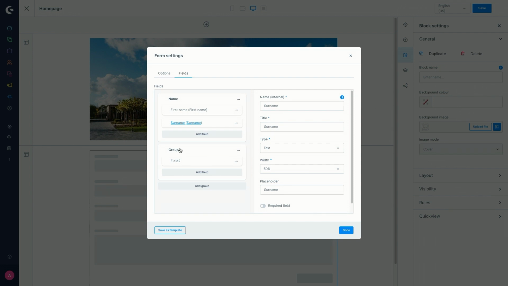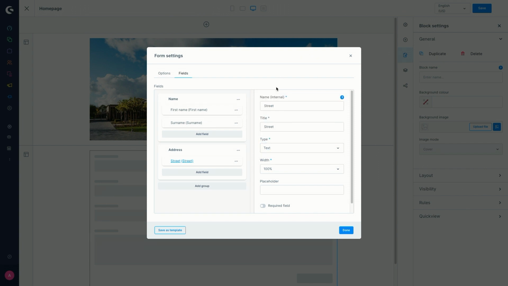So now go to group 2 and give this a name as well. So we'll use the address and start with the field street. Give the field a title, choose a type for the field.